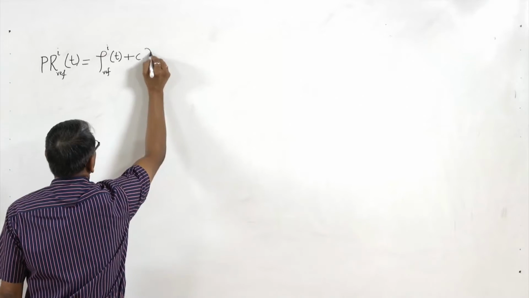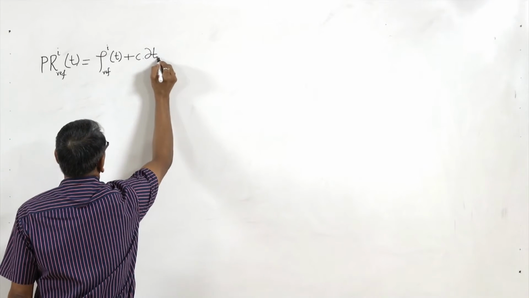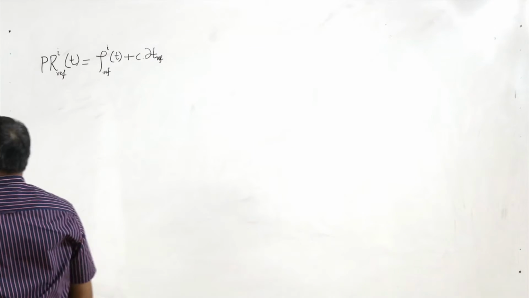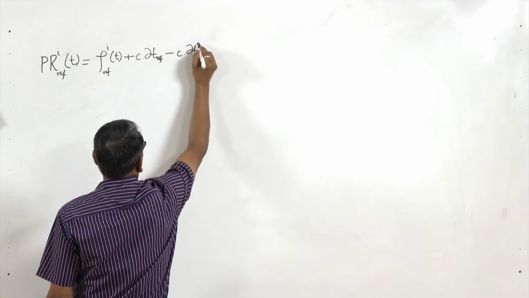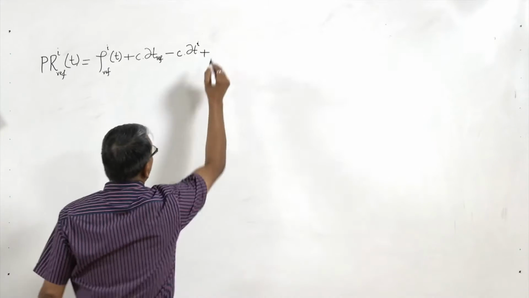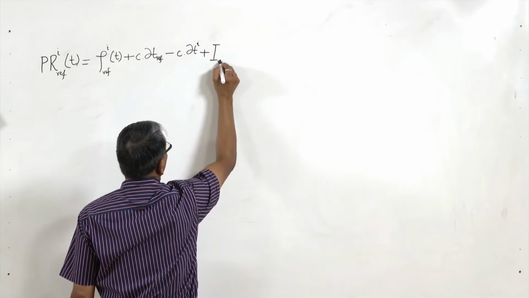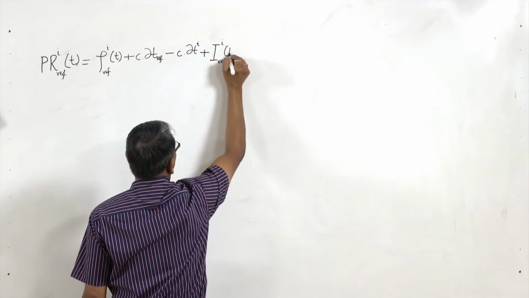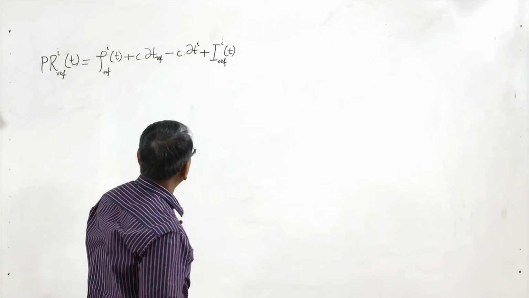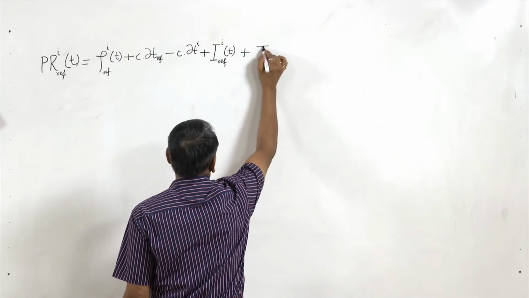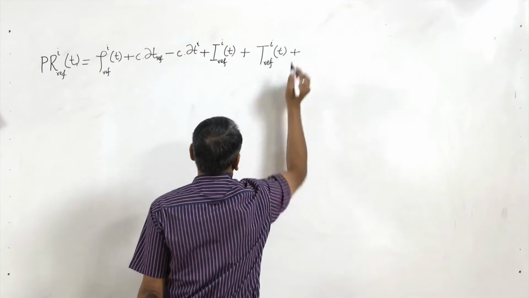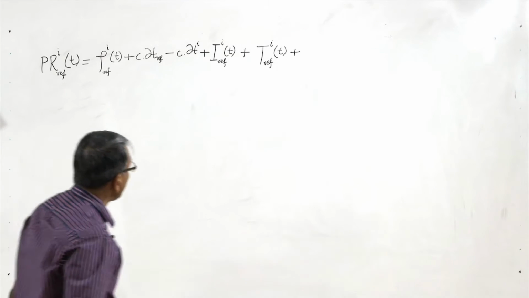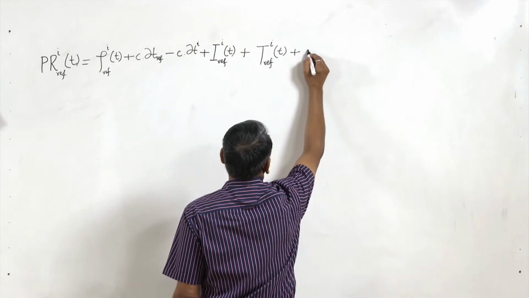We have used the symbol del t reference. Then the satellite clock error, then the ionospheric error from satellite to reference receiver, then tropospheric error, then receiver hardware error,